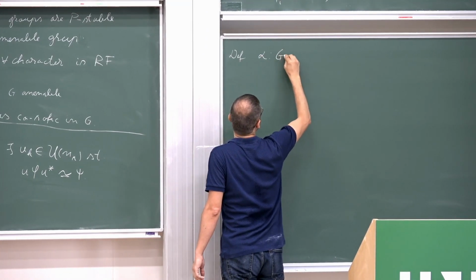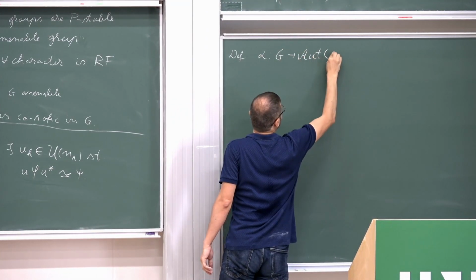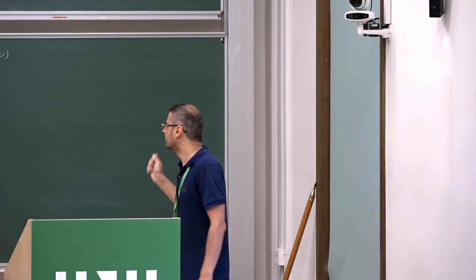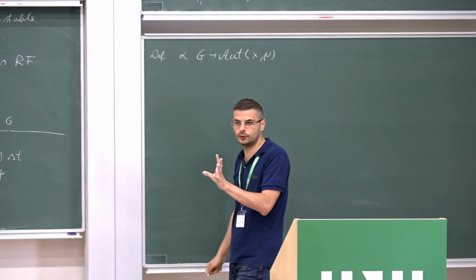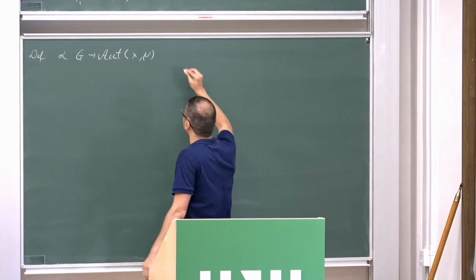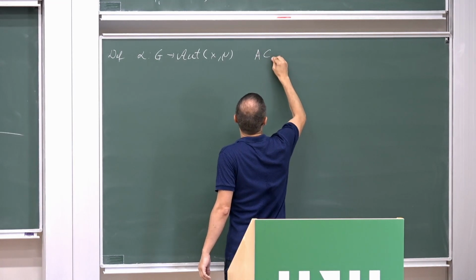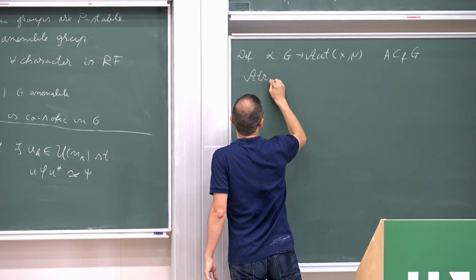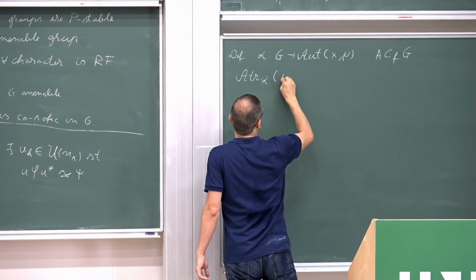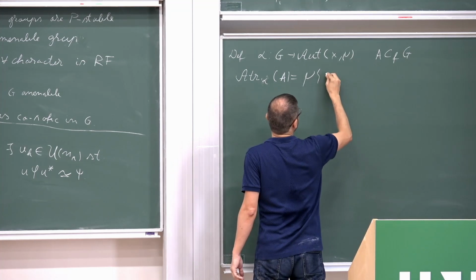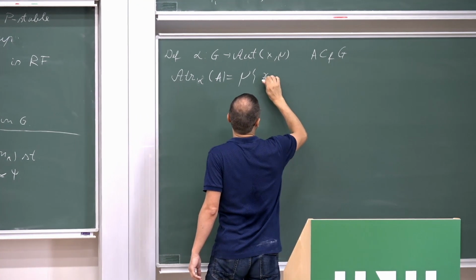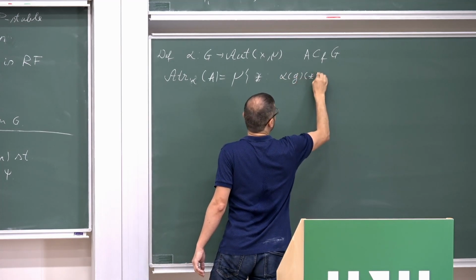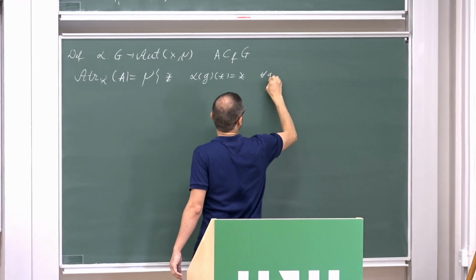So you have an action, and that is the main difference between hyperlinearity and soficity. When you have soficity, it's always an action of the group somewhere. So if you have an action, we define, A is a finite subset of the group G. We define what we call the action trace of alpha, just the measure of the set of common fixed points. So the measure of the set X with the property that alpha_g of X is equal to X for each g in A.